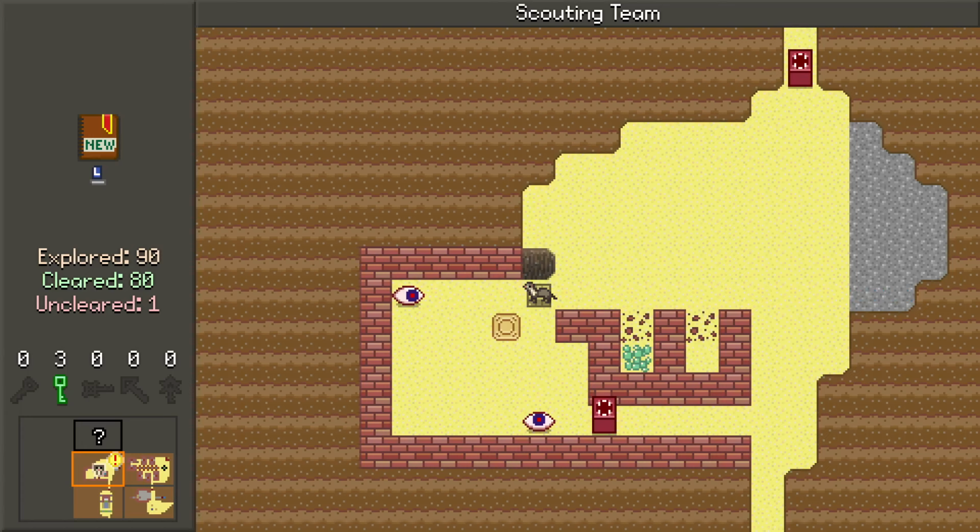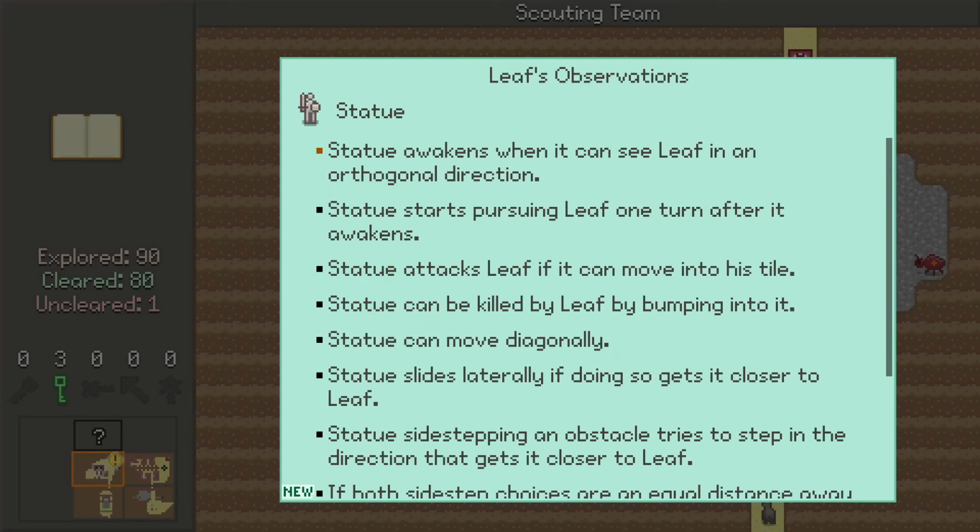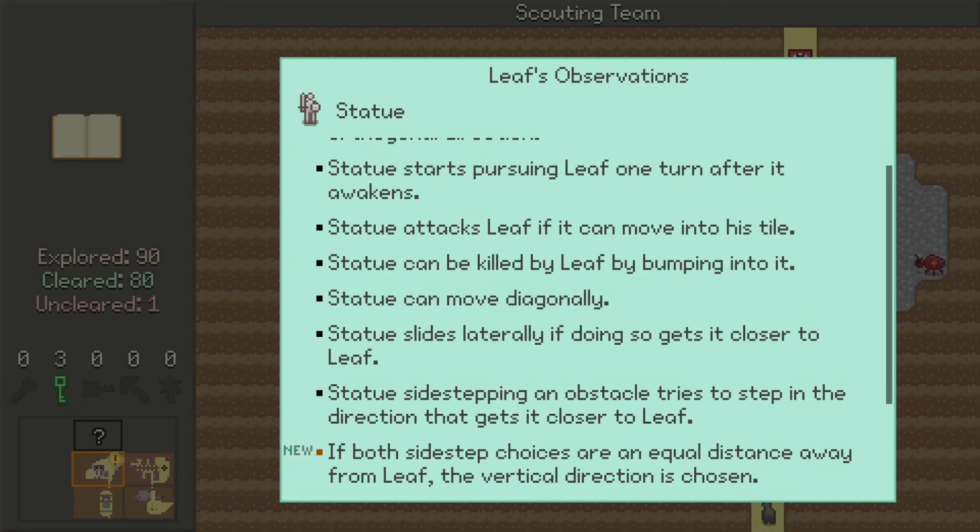So no way in here from there. So I need some assistance. And it's gonna have to come from this door because there's nothing else around. None of these block Angry Eye beams. Oh, by the way, statue drops trapdoor. Oh! Okay, so I've